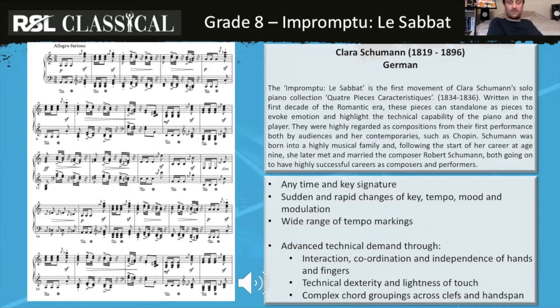Schumann herself, of course, was a very highly regarded performer and composer, and then happened to marry Robert Schumann himself, a highly successful composer and performer. So between the two of them, they were a bit of a musical power couple, going around the place, being really quite brilliant. And this is a lovely example, and has been benchmarked to sit at grade 8, because at this